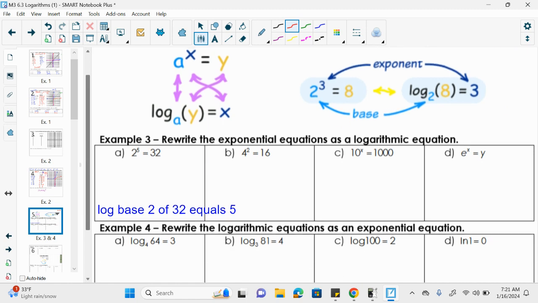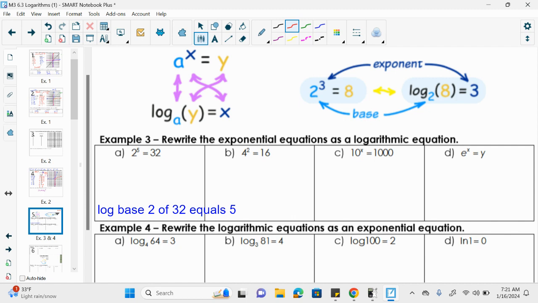So now this is really our main page of notes, what I'm expecting to be able to do today. So now we're getting to what is an exponential equation versus what is a logarithmic equation. So this kind of diagram at the top, I think, is really helpful for you guys to understand how to change between the two. This one to the right is also a little bit easier, I think, to visualize. So if we had 2 to the third power equals 8,